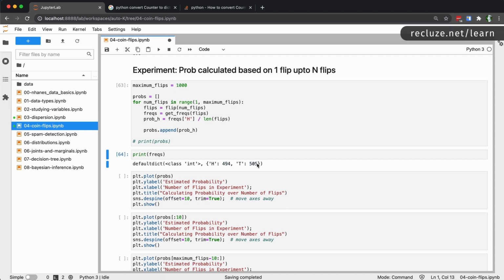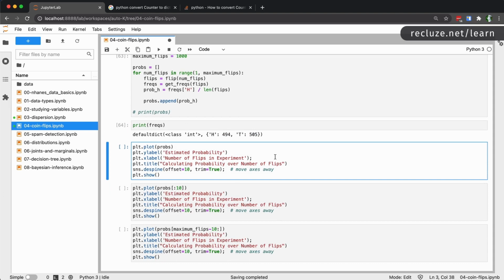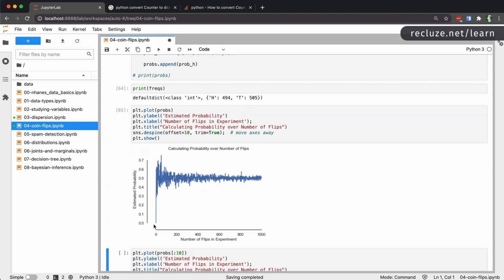So it's around 0.5, not exactly. We can plot it. So you can see that initially our probability of heads started at exactly 0 because it was just 1 flip, and that might have come out as tails. Then it jumped to 0.6 and so on until it has started oscillating around the 0.5 mark, never actually getting to 0.5. And the reason for that is it's still a finite number of experiments. And in order to get exactly 0.5, you'll have to run this experiment an infinite number of times.